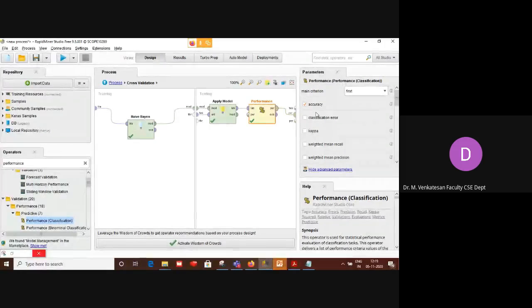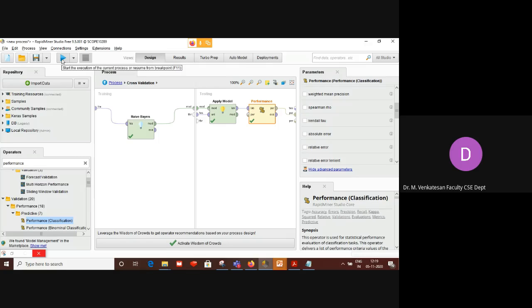What do you mean by classification error? The model has classified the data wrongly, misclassification. That's called classification error. And apart from that, there are measures like kappa, recall, precision, and so on. There are a lot of measures. You can just go through it. So this is the way the model is to be built.